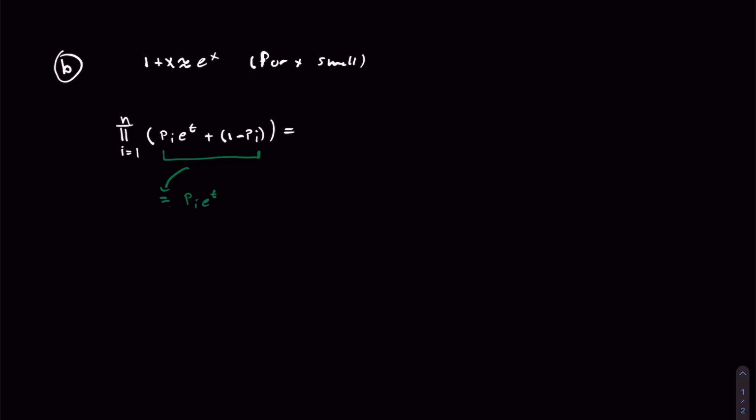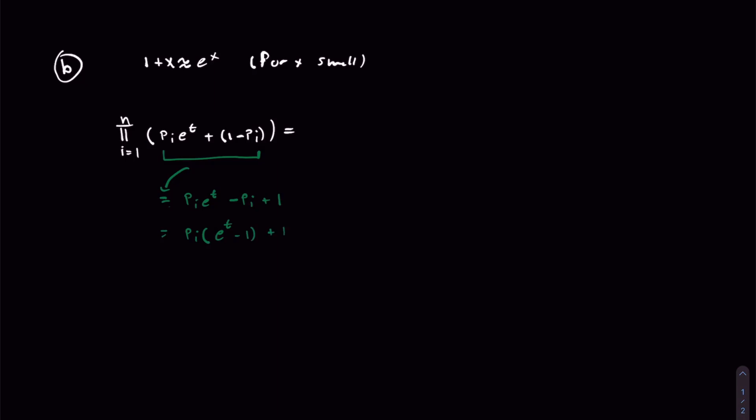It's the same thing as we're just opening up this parentheses. So we have minus p_i plus 1. We then can factor out p_i (e^t minus 1)